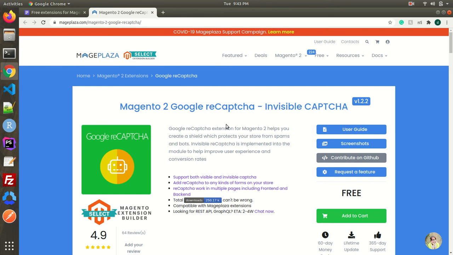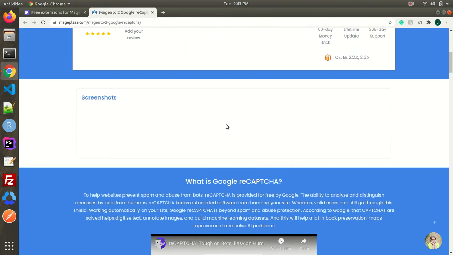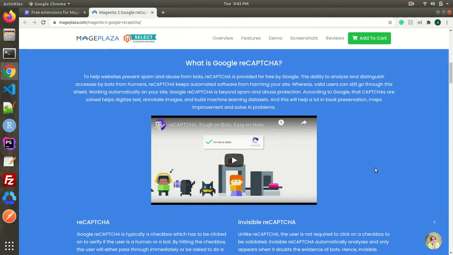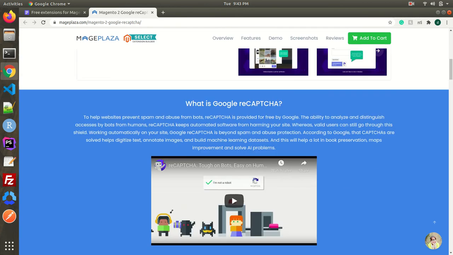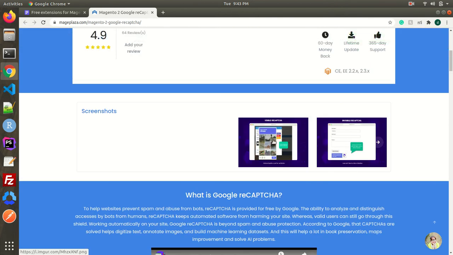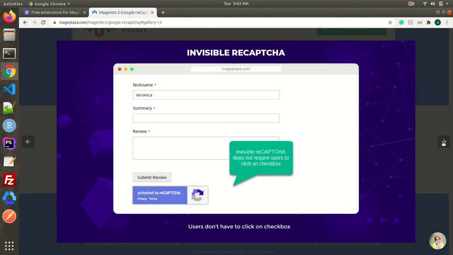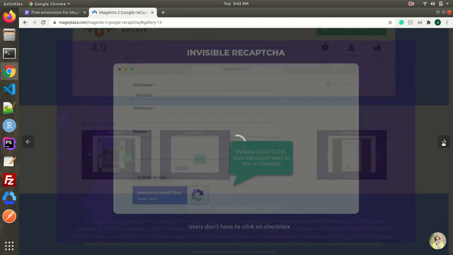And let's see what is there inside it. If we have the screenshots, it is loading. And you also have the YouTube link there as well. Okay, see, these are the screenshots, basically how the normal Google reCAPTCHA works. Someone is trying to log in, so he has to authenticate, or prove himself that he's a human. Okay, so these are the features of the Google reCAPTCHA. I think this is very important for your website, for security purposes and for preventing spam as well.